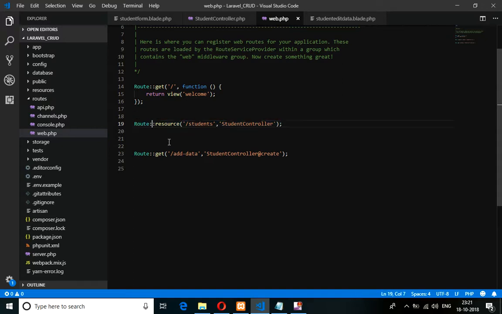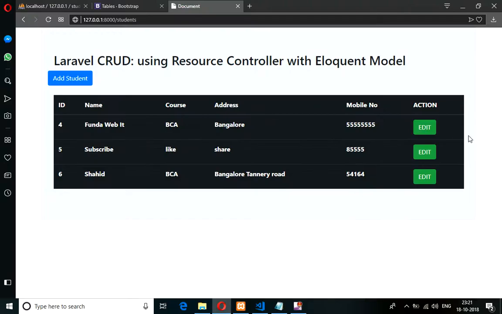So guys, that's it in this video. Please watch the next video for deleting the data, how to delete the data using a resource controller